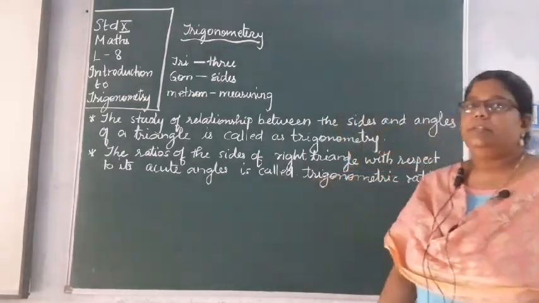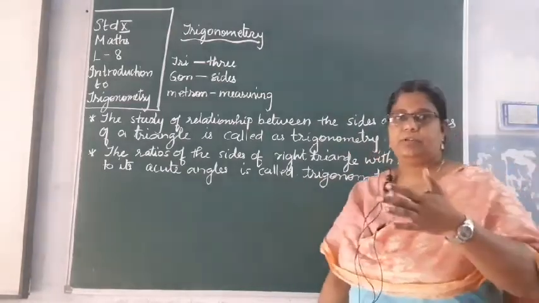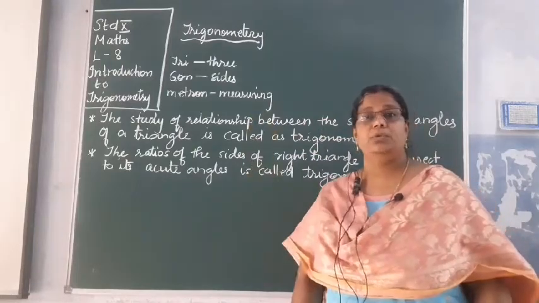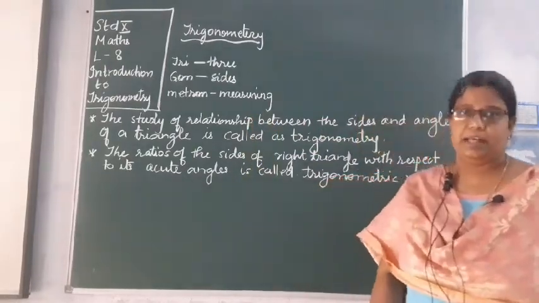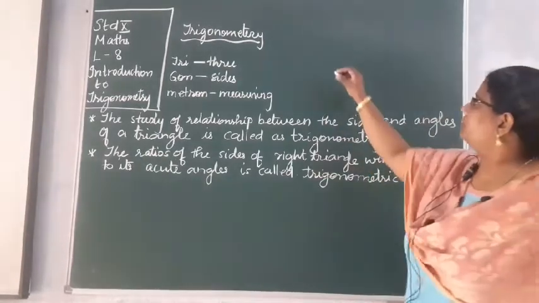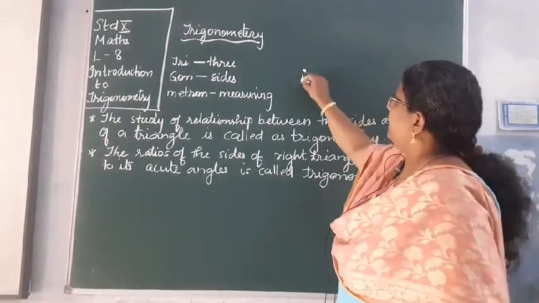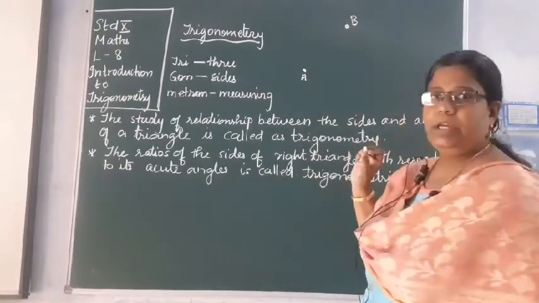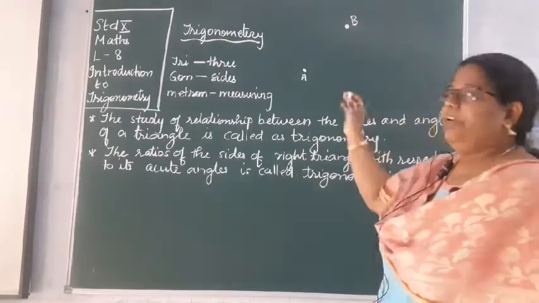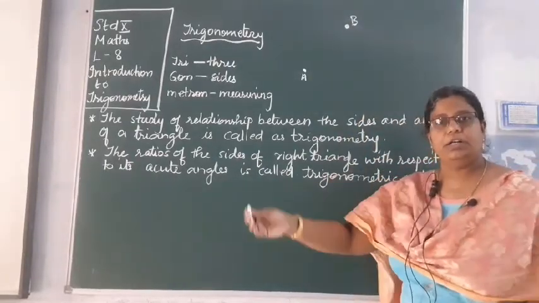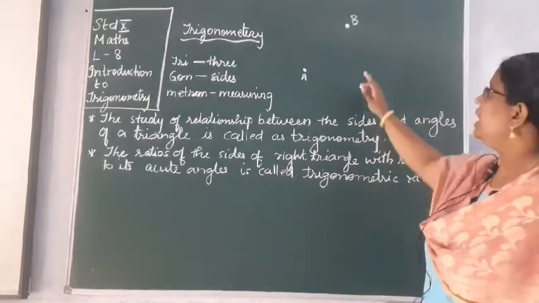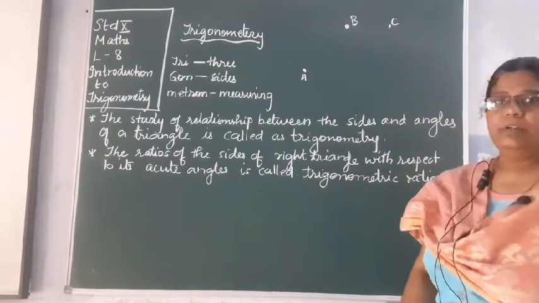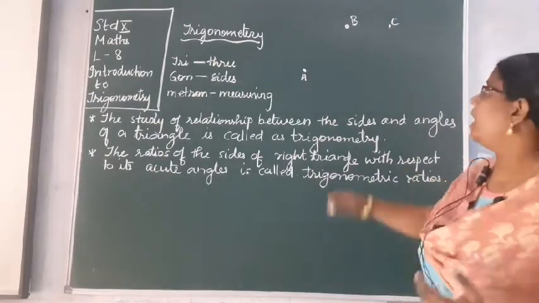Just a real life example we will take and try to understand what we mean by that. See, suppose there is a girl and she has spotted a balloon, an air balloon which is moving outside in the sky. So, suppose the girl's spot is position A and she has spotted the balloon at say B, okay. She went inside her house and she called back her mother. Now, she has spotted the balloon at position say C. So then, what is the height of this